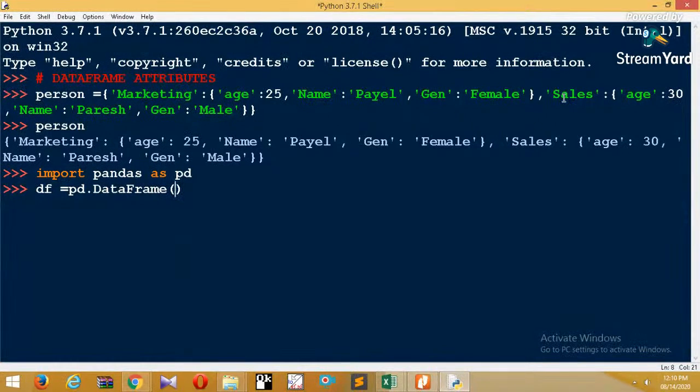Okay, so remember the things. For pd.DataFrame, we have to pass the dictionary. Here I am passing the dictionary. Yesterday we did one example with a 1D dictionary. For the 1D dictionary, since the outer key and inner key, two keys, are not there, for that purpose we have to